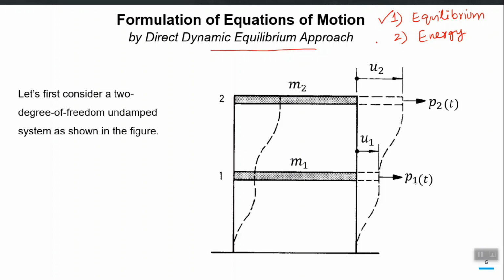For a relatively more complex multiple degree of freedom system, for different kinds of complex geometries which are not similar to a multi-story building, you have to go for the energy approach, right. So I will explain both of these approaches to formulate the governing equation of motion. For the first case, the equilibrium approach, I will be using that simple shear building model, right. But for the more general case, I will be going for the energy approach maybe in the next class. So currently let's go for the equilibrium approach first,